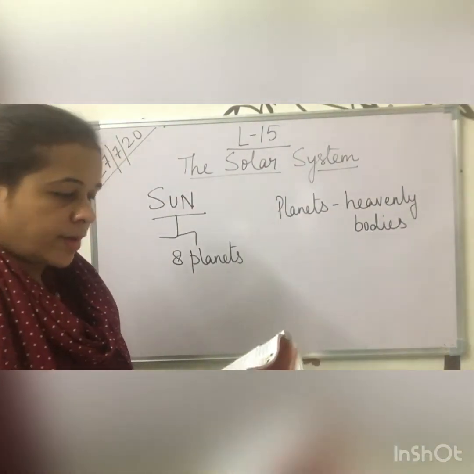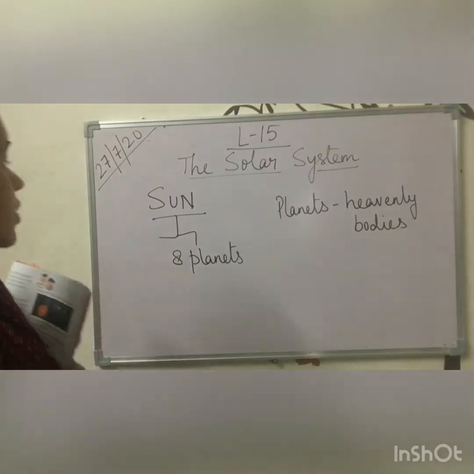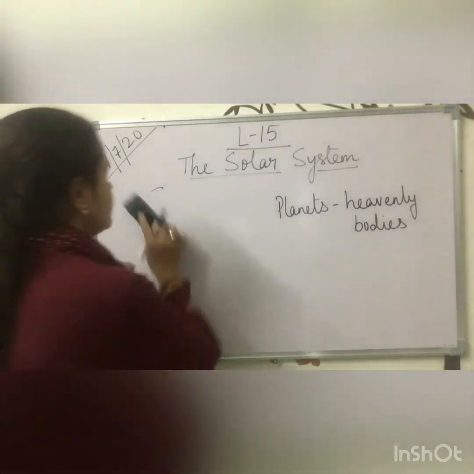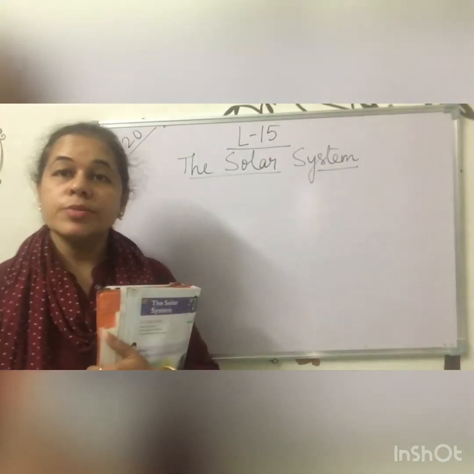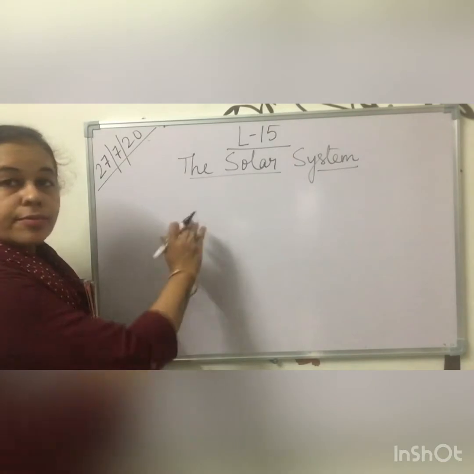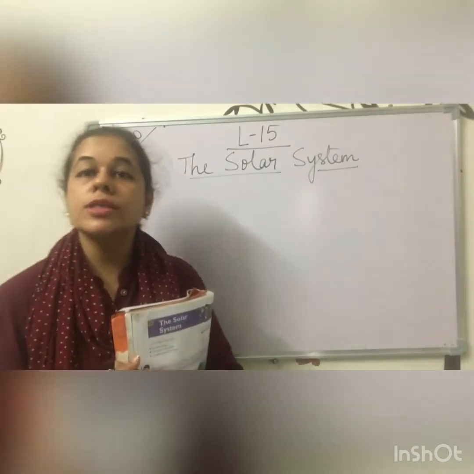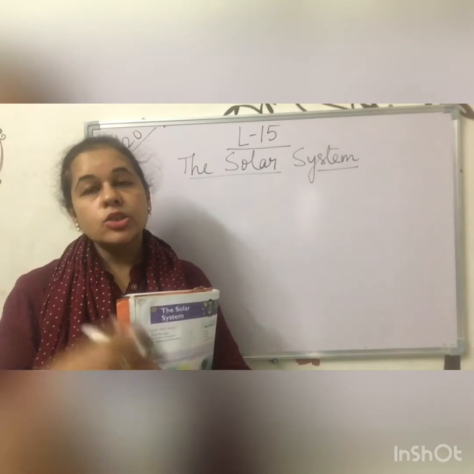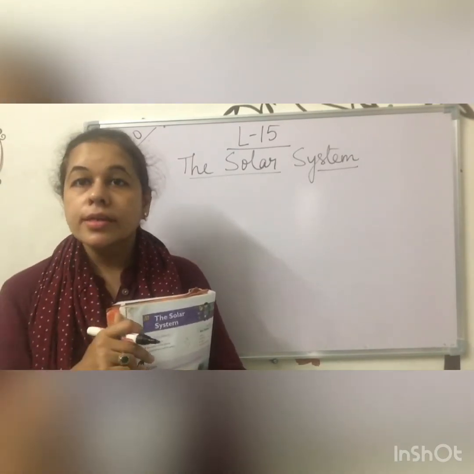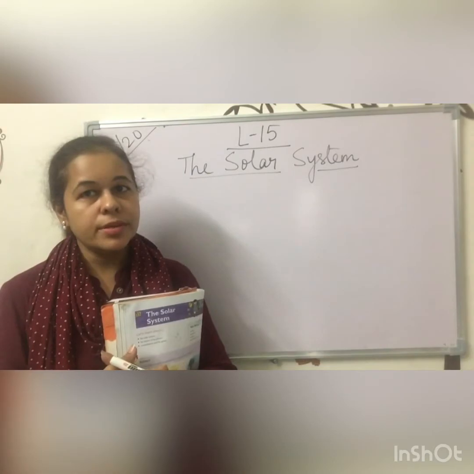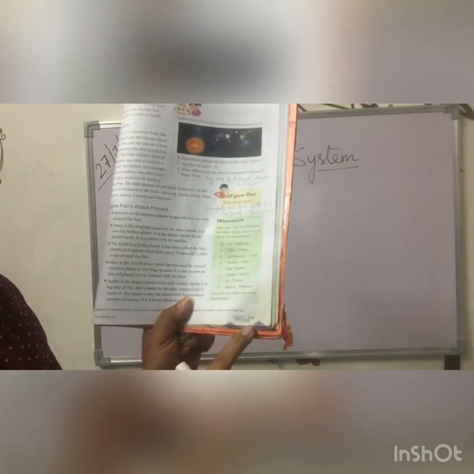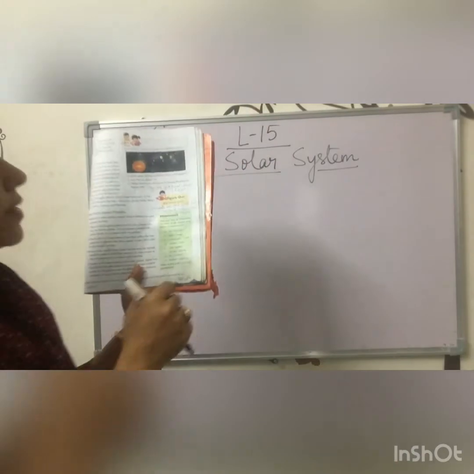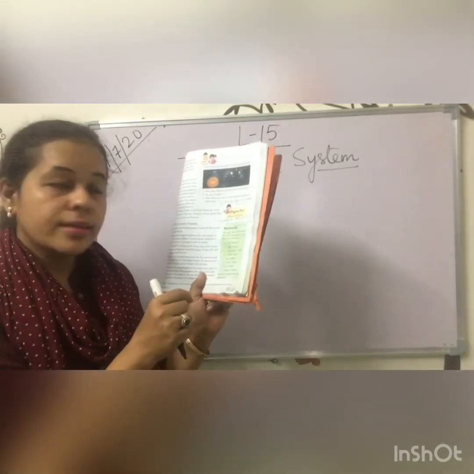Now come to page number 101. I have not written the name of the planets due to some reason. Now what is the reason for that? As you remember, I have numbered the planets 1, 2, 3, 4, 5, 6 according to the distance from the sun. So you have to remember according to that only. But how is it possible to remember? There is an easy way to learn it. You will see it here, page number 101, mnemonics. Can you see that? And you will see that in a very simple sentence you can learn it.